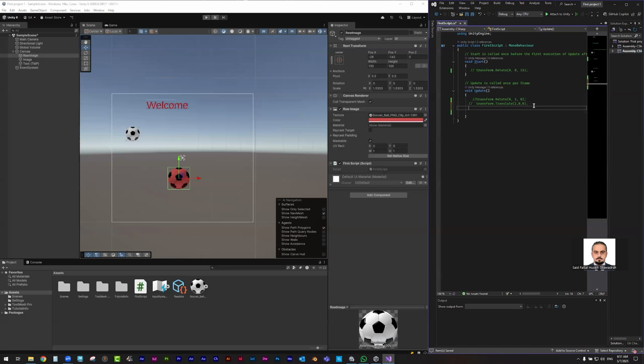Let me change the scale: transform.localScale equals. Scale is not like rotate and translate. With the scale, we need to use the traditional way. For the traditional way, we create something called new